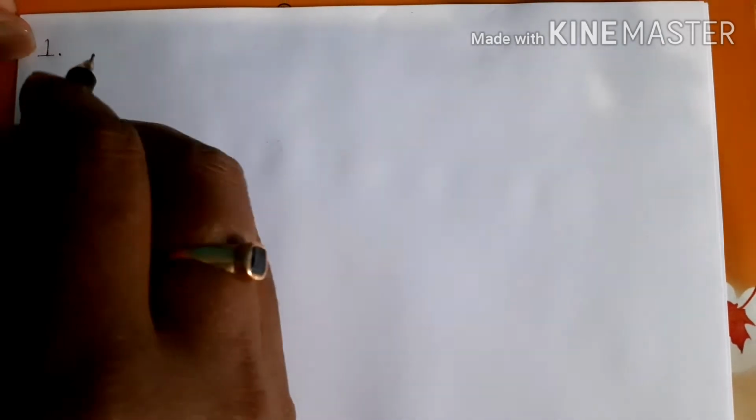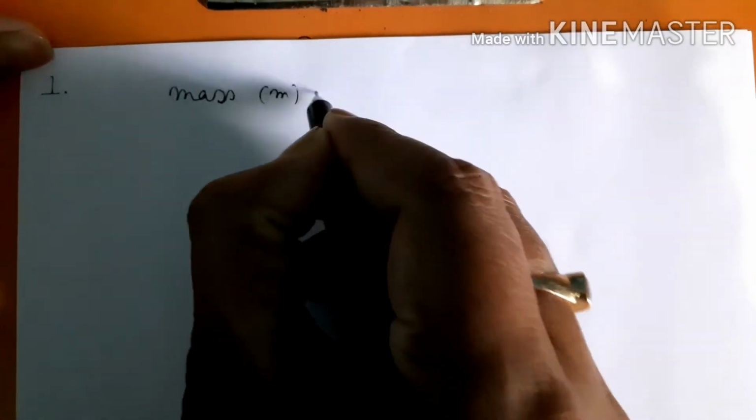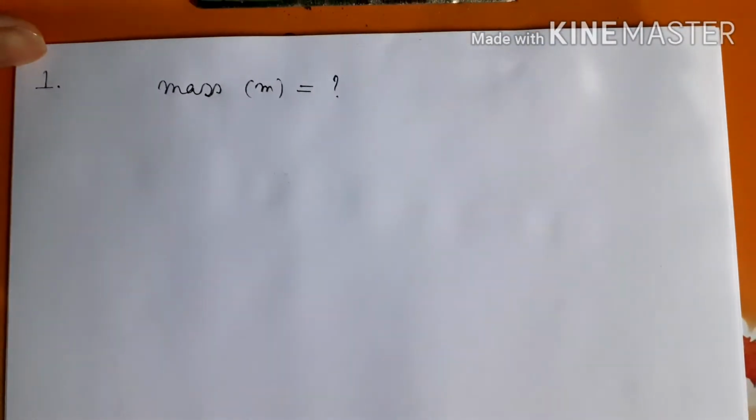Okay, so first numerical that is given in your book. Keep your book open, and I'm not writing the question here, I'm only discussing the answer. The first question is: calculate the mass of a liquid with a density of 3.2 gram per ml, written as ml inverse, and a volume of 25 ml. Ml means milliliter here. We are going to calculate the mass of that body, that means m.